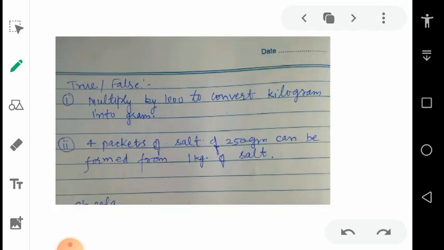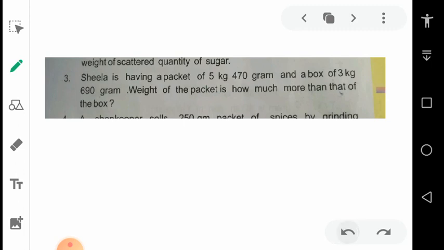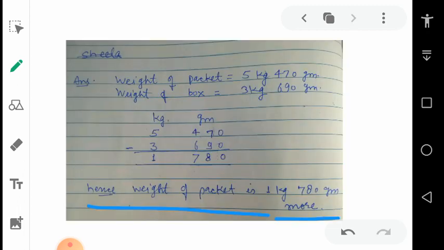Now in the word problem, sometimes additions are asked and sometimes subtraction. If it is asked how much more it is than the other, then use subtraction most often. Here we will do subtraction in this way, by the traditional method, taking the borrow from the next column. Easily we can find the values. So we'll make the columns according to kilogram and gram. This is the column of kilogram, this is of gram, and continue subtracting the digits starting from the ones and tens positions, and you will get the answers.